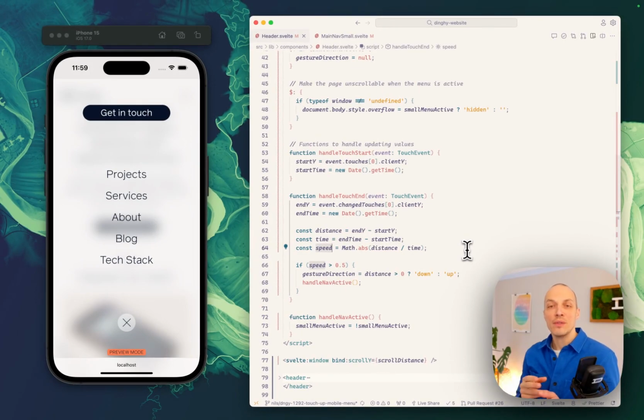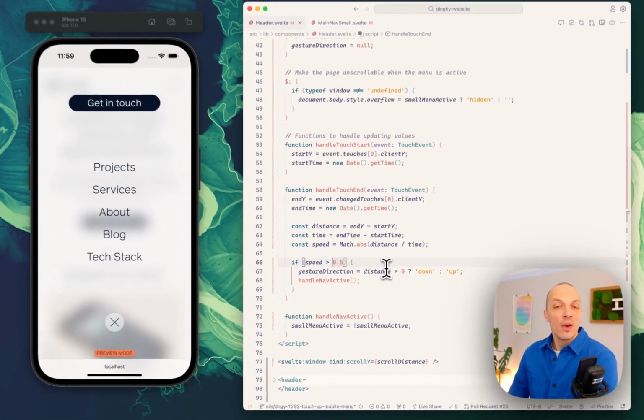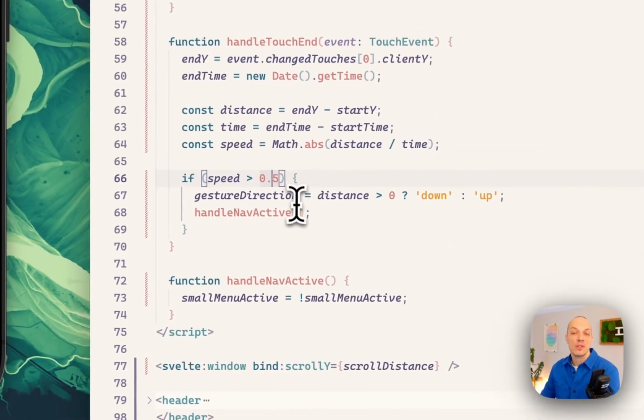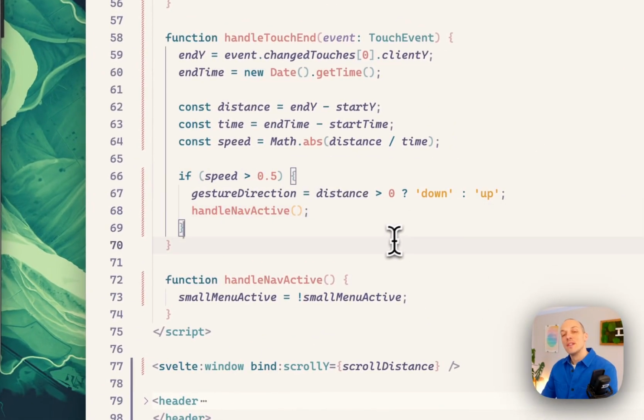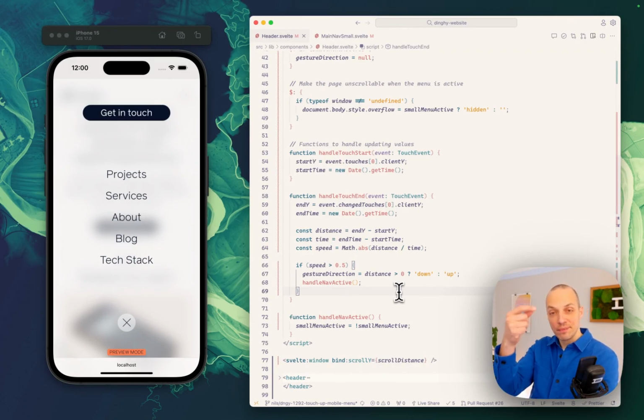So if we know the distance between the 2 points and we also know the time, if we divide distance by time, we kind of get the speed. And this is a value that you can totally take and fine tune. Like, I went for 0.5 in speed, but this is something that you can just mess around with and see what feels good. And if we see that the speed is above 0.5,